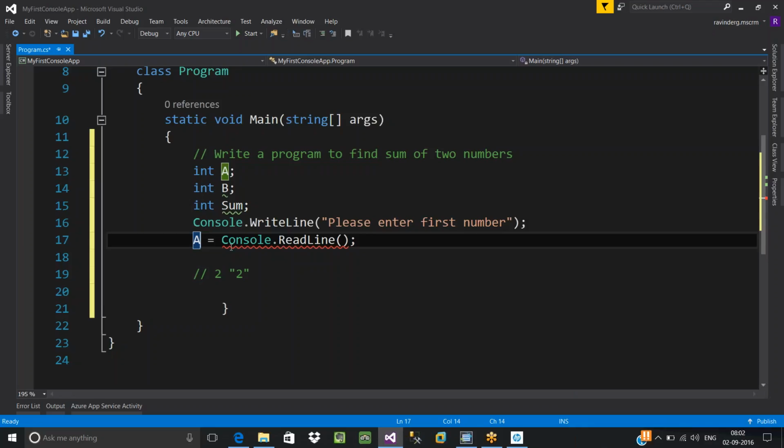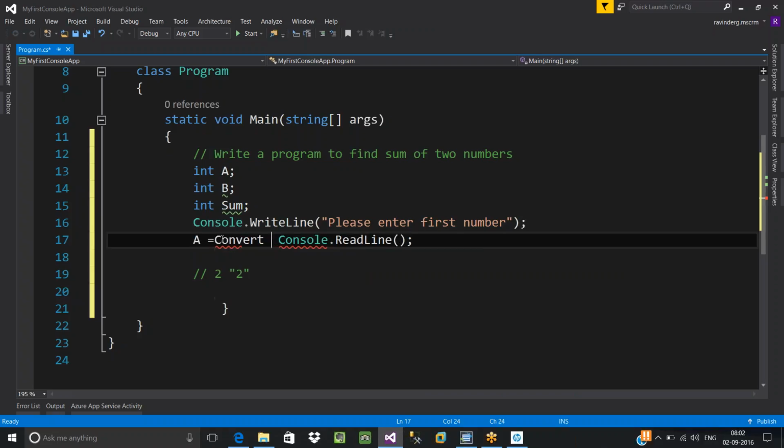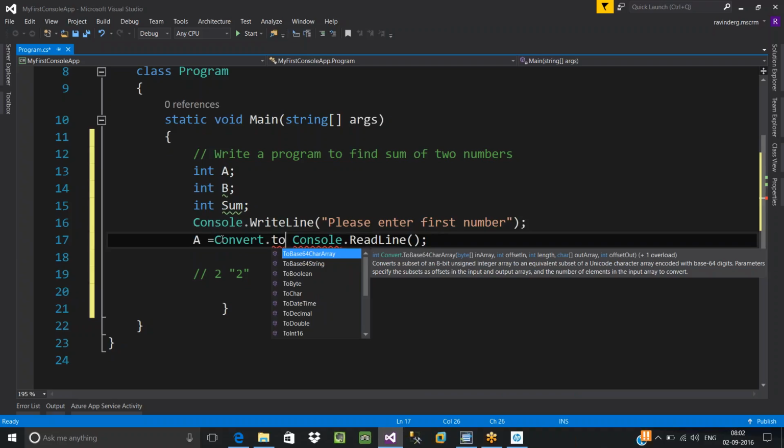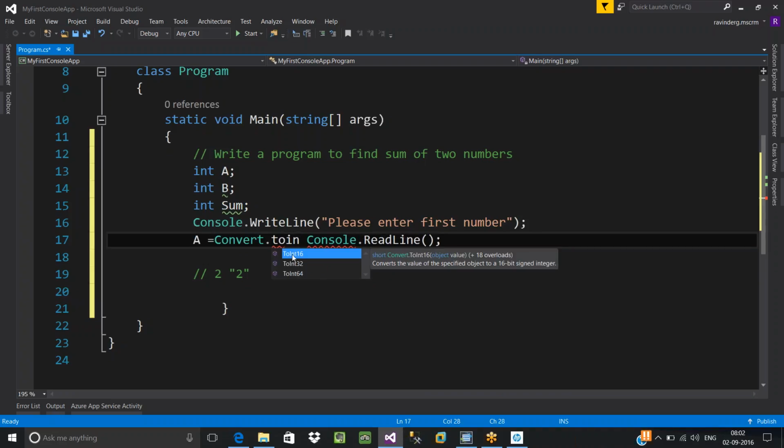Okay, so let's convert this into Int32 data type. How to use this? What is the class name? Convert dot. Here you can see all the methods: ToBoolean, ToByte, ToChar, ToDecimal. Some special data types are also provided here. Later we'll see that. So ToInt32